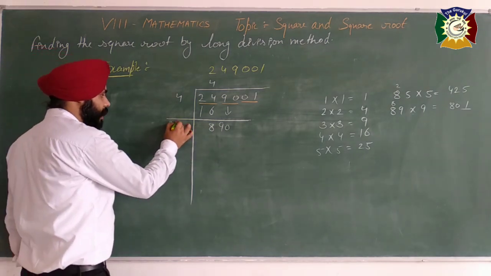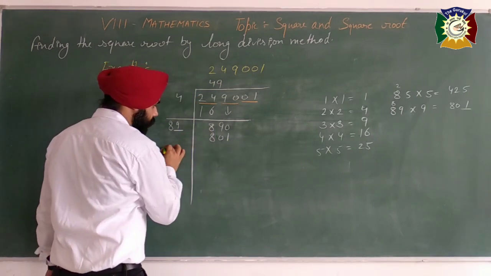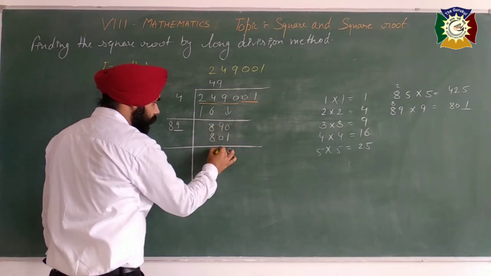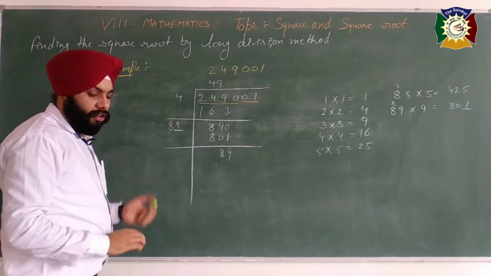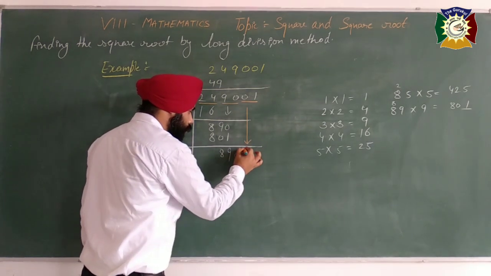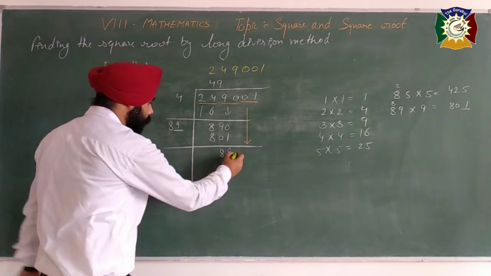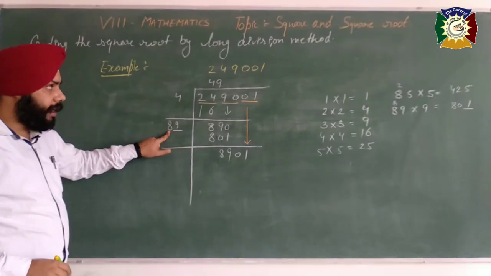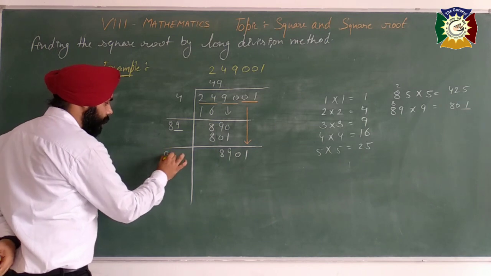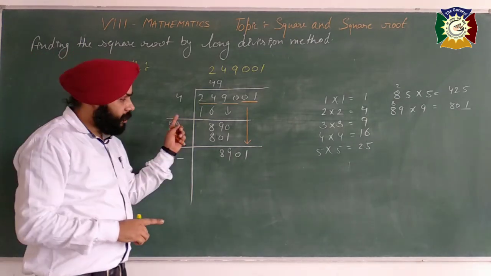So we have to write down 9 here, 89, and 9s are 801 here. Now again the same procedure we have to follow. 10 minus 1, 9, 8 minus 8, 0 here. Now for the next step, we have to carry down the next number, that is the pair 0, 1. And here 89 is multiplied with 9, then add that here. So it becomes 98. And again leave the ones place here.